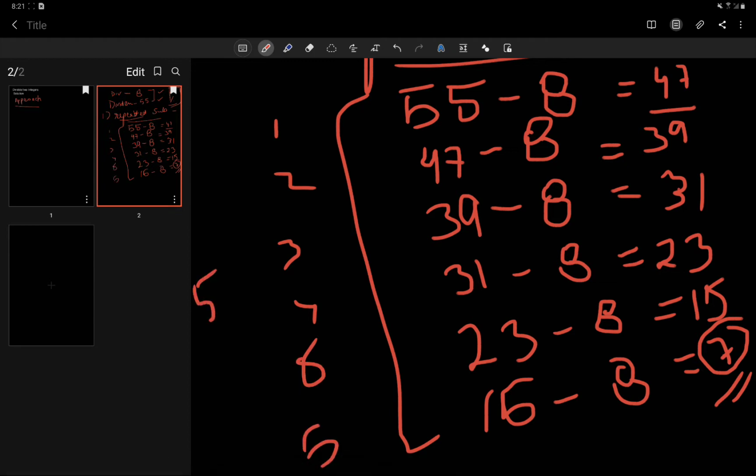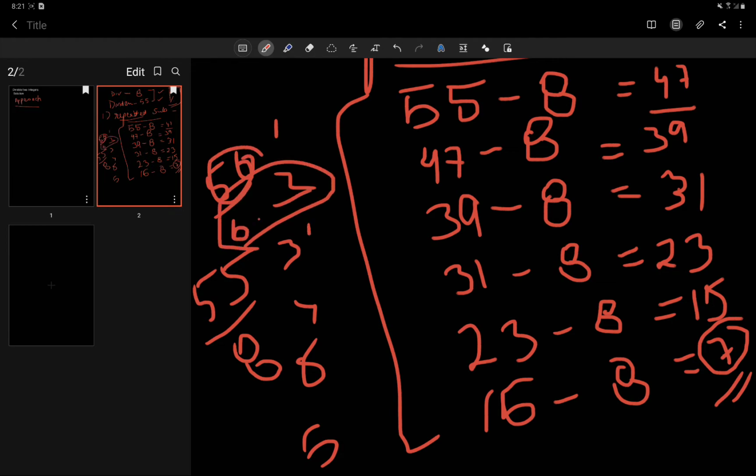So let's see, if we divide 55 by 8, so 8 sixes are 48 and 8 sevens are 56. So it is 6 point something, so we truncate it and 6 is our answer. So as you can see, with the repeated subtraction we can get our answer. Why do we use this? Because basically we are just reading the table of 8, we are just subtracting it until the dividend becomes our remainder.